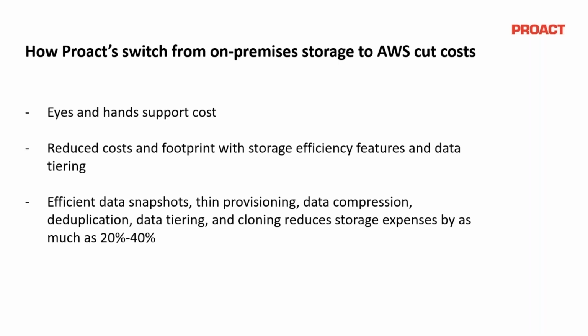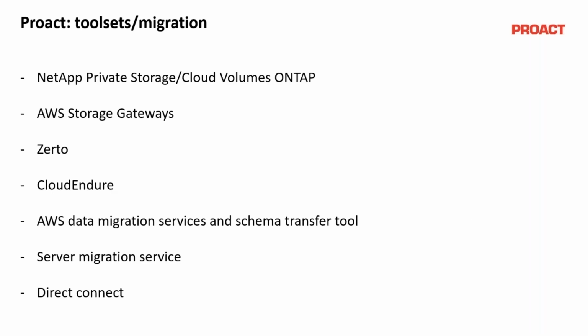So what toolsets do we use? Obviously, there is a long list of other tools, but these are the primary tools that we will use, which is NPS, NetApp Private Storage, Cloud Volumes ONTAP, storage gateways, Zadara, and CloudEndure, we partner with them as well. Then Database Migration Service for migration into RDS databases, and keeping schemas intact, so you use SCT, the Schema Conversion Tool. SMS, the Server Migration Service, for migrating your virtual machines, and of course Direct Connect to reduce your egress cost